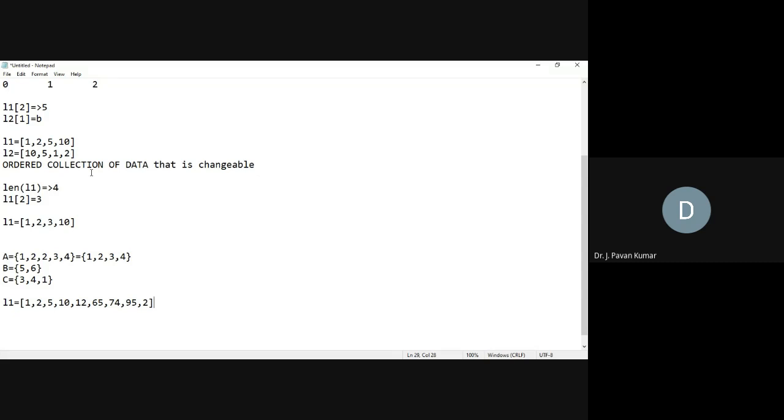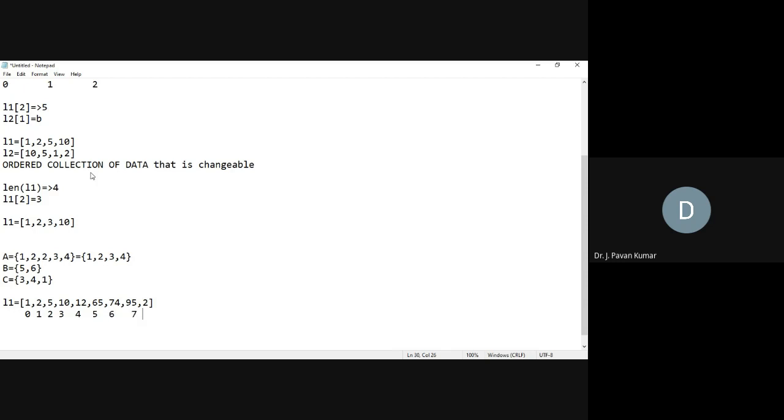Why? Because we are able to differentiate them. What is the index of this one? First index, 0. Next, this is 1, 2, 3. Like this, we will have an index for every element. Then 6, then 7.